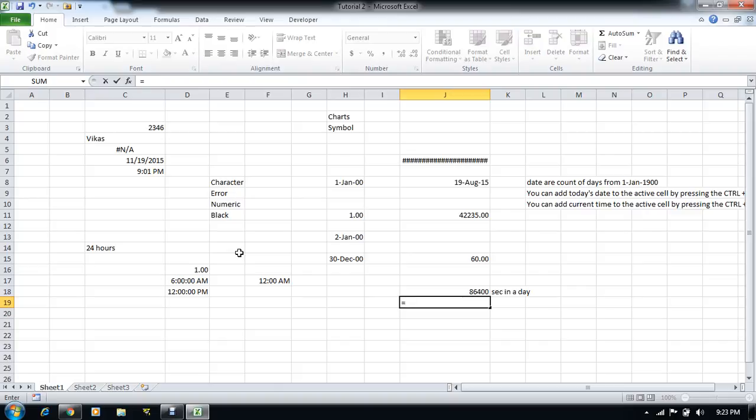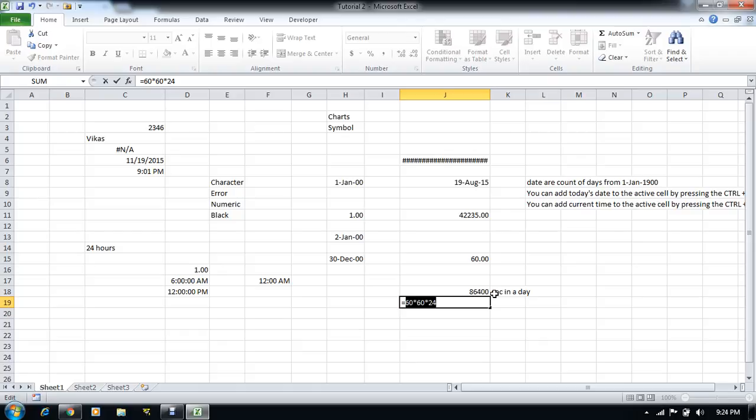We can calculate like we are having 60 seconds in 60 minutes and 24 hours, because there are 24 hours in each day and there are 60 minutes in each hour and there are 60 seconds in each minute. So by doing this calculation you can just get the number of seconds in a day. So you should be aware about this thing as well.